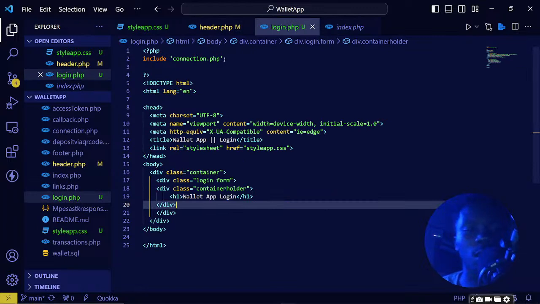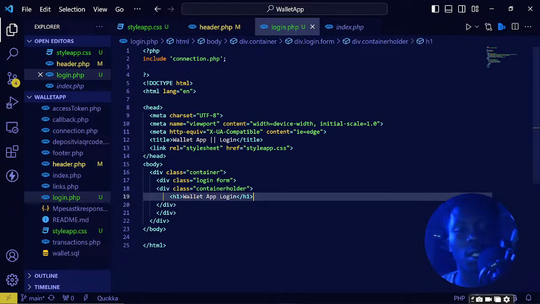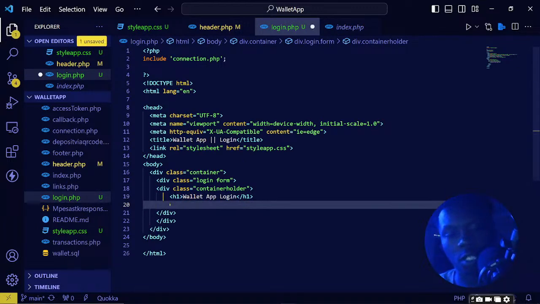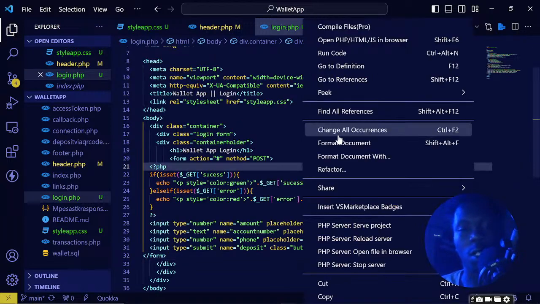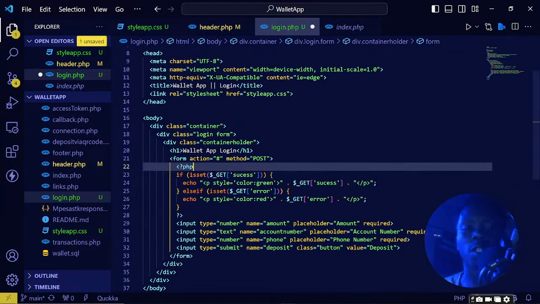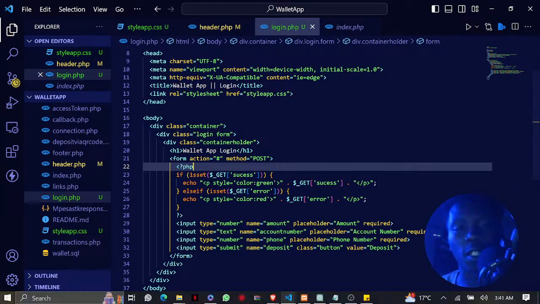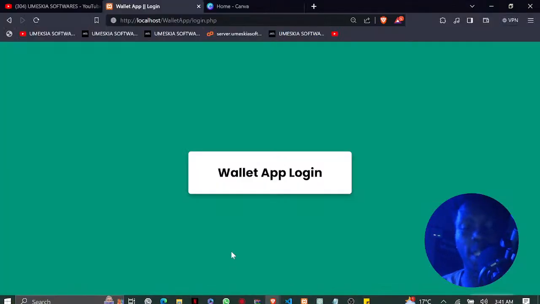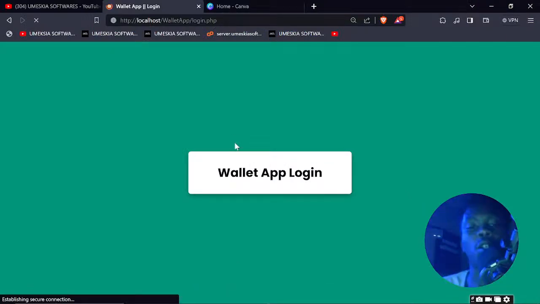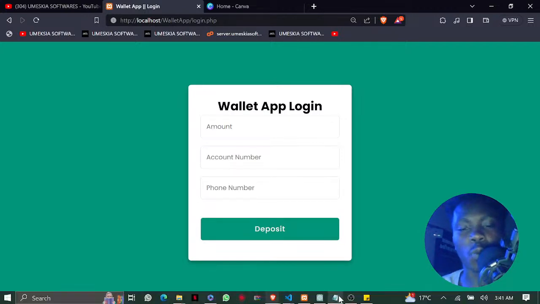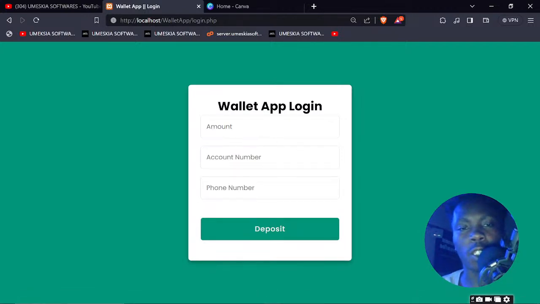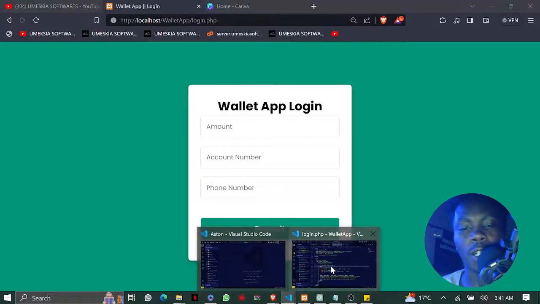So login, I will come to this bottom page, then do that. Then I can just format it to be good by clicking format the document. So when I reload, I will have something like this. We need to adjust this form. So login will have